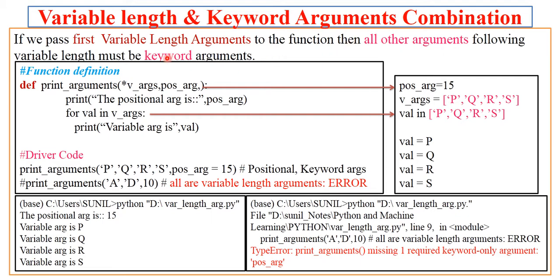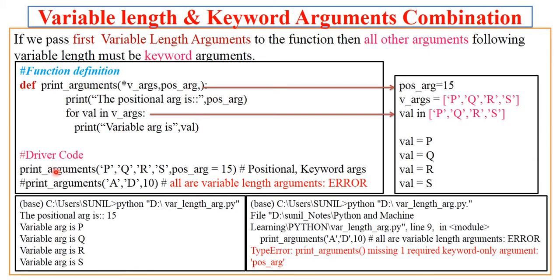So you can even have keyword arguments. Why do we need keyword arguments? Because if you prefer to first pass variable length arguments and then positional arguments, those positional arguments should be keyword arguments, because whatever name you specified in the function definition should be the name used as a keyword argument at the time of the function call. You have already studied keyword arguments in the earlier lecture. Now I'll try to make you understand this concept.